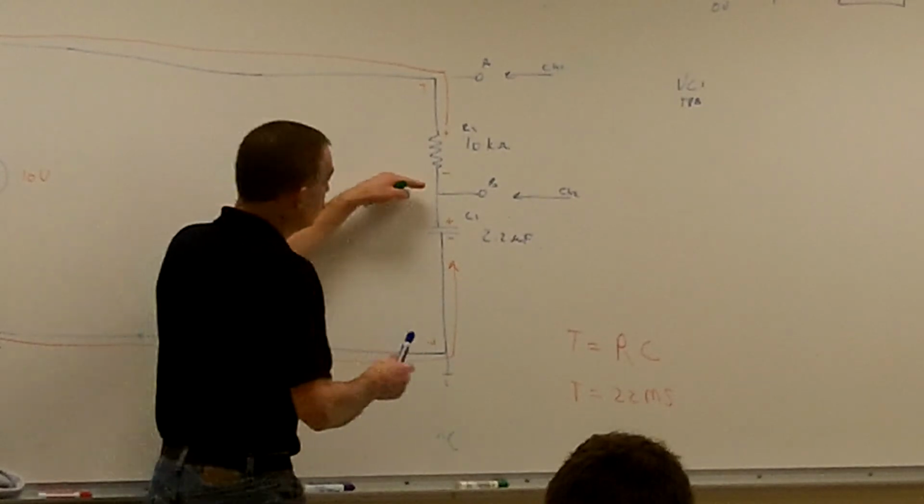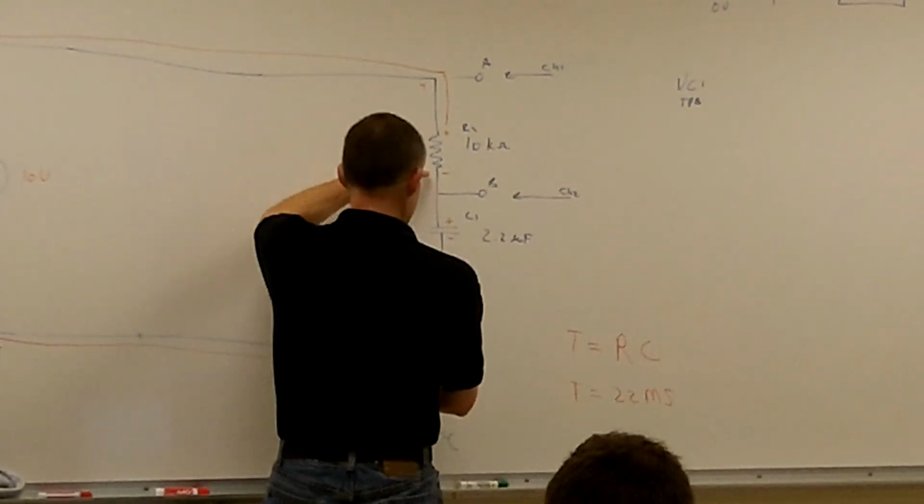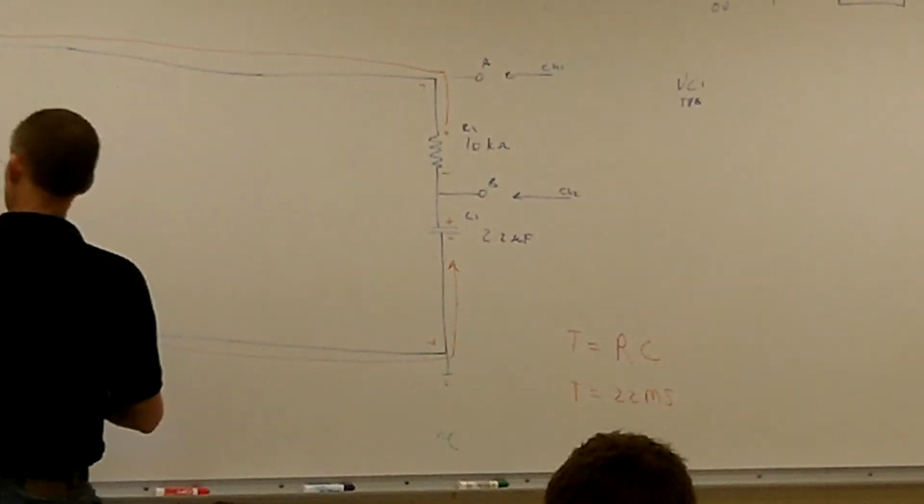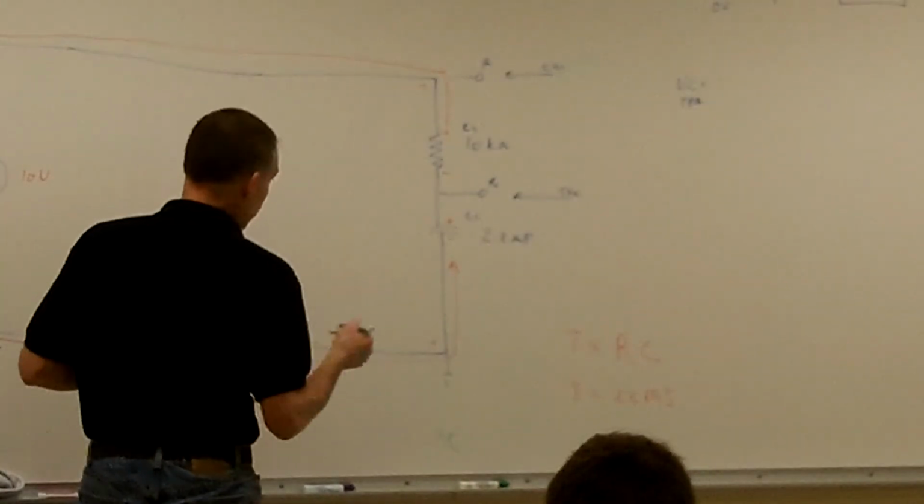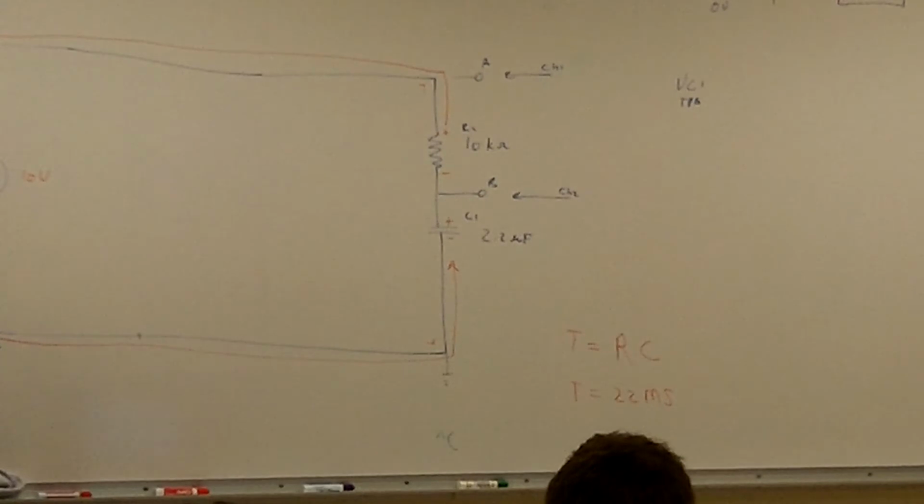So now we're looking at what's going to happen when I first send in that square wave. And we'll say that my square wave for a total time for one complete cycle, we'll say is